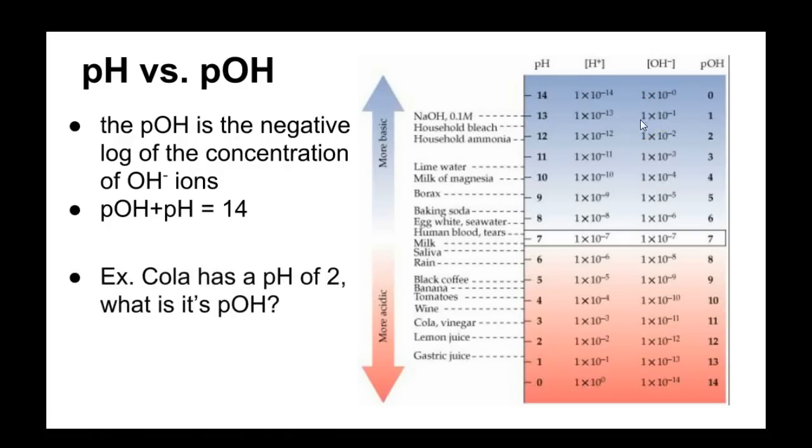So cola down here, I said it had a pH of 2, but let's say it's lemon juice. It has a pH of 2. What's its pOH going to be? Well, we know that 2 plus X is equal to 14, so the pOH is going to be equal to